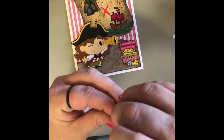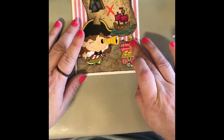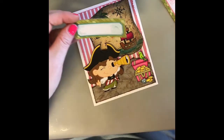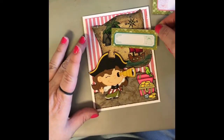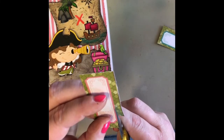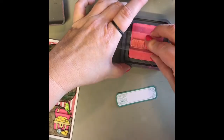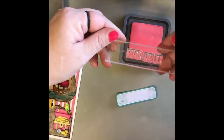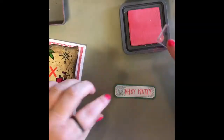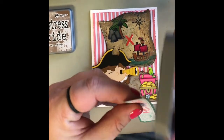When I do the bird, I put the dimensional at the top, but I put a little glue where his tail was, so he's kind of popped up, but his tail is glued down. Now this is one of the little tags that was on one of those 6x6 designer papers, and I'm going to cut the green off and just leave it to make it smaller so it fits better on my card. And I'm going to stamp Ahoy Matey, which is also from the stamp set. And then I'm going to edge that with